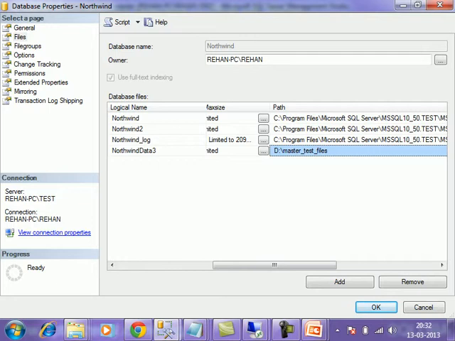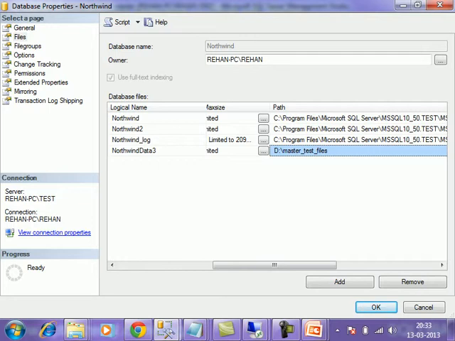The copy will succeed. Whenever the restore job runs, it will try to create the file in the same path. If the same path is there, the restoration will succeed, otherwise it will fail. In whichever path you have added one extra file in the primary server, the same path should exist in the secondary server, then only the restore job will succeed.